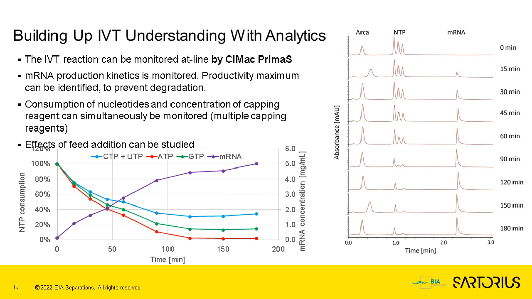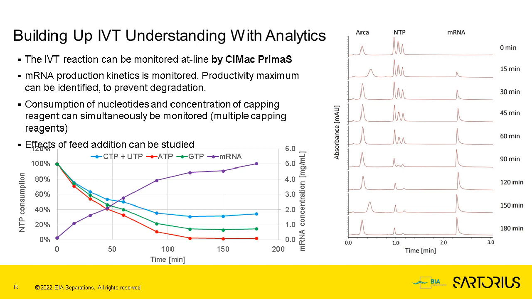And the answer, most of the time that we see, is simply because we ran out of one of the nucleotides. Running out of one nucleotide is, of course, a sufficient reason for the reaction to stop. Without this tool, it's quite difficult to know which one it is, and also what is the rate of depletion